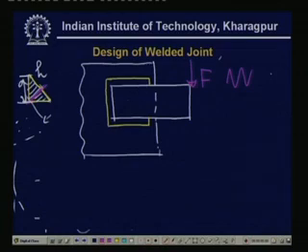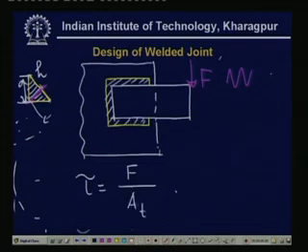The shear stress, which is the primary shear, tau, will be equal to F divided by the total throat area, that is, the throat area for this entire length. So this is the primary shear stress. There will also be a secondary shear stress, because